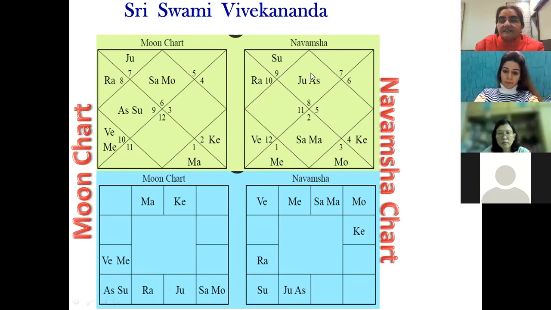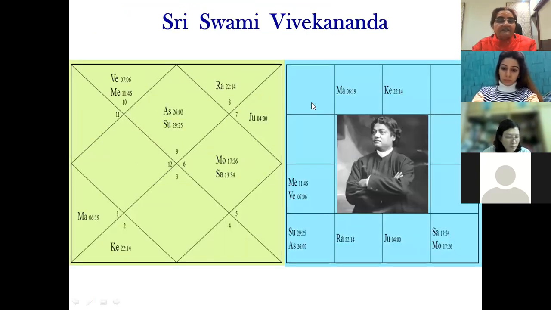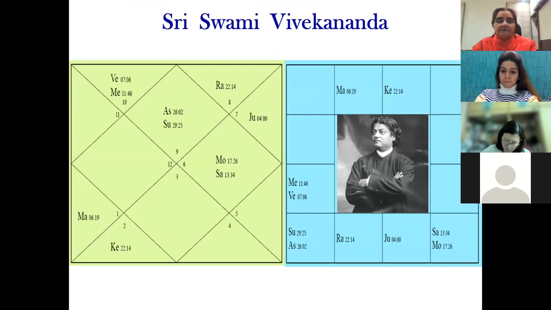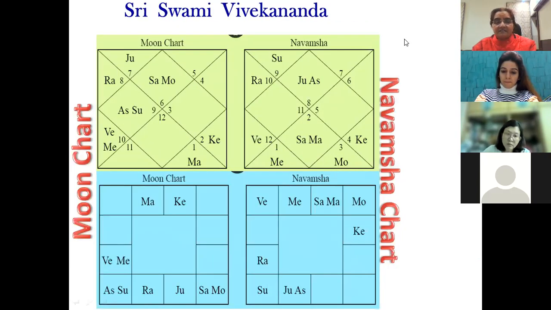Okay, beside this, there is a Navamsa chart. Now, here there is a variation. In my software, it is coming Scorpio, whereas in his book, he has mentioned Sagittarius. We'll consider Sagittarius. Okay? We will not think much about it. Let us see whatever it is. Still it gives the results. Okay?